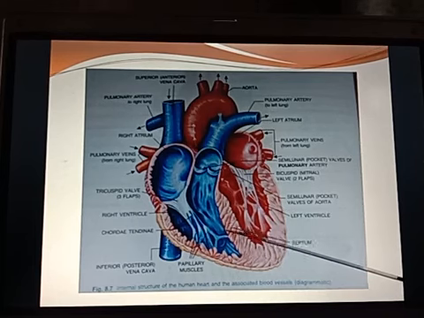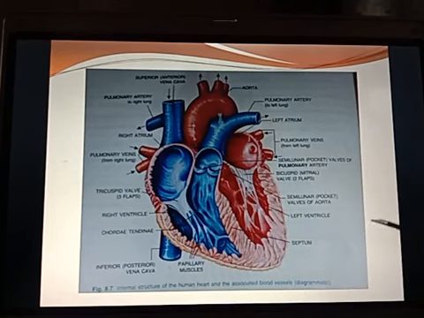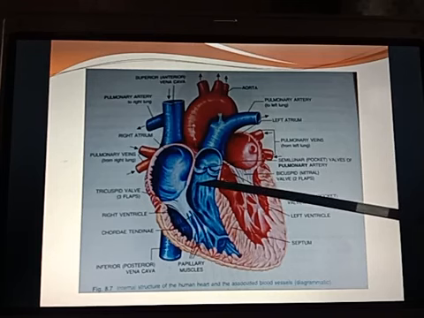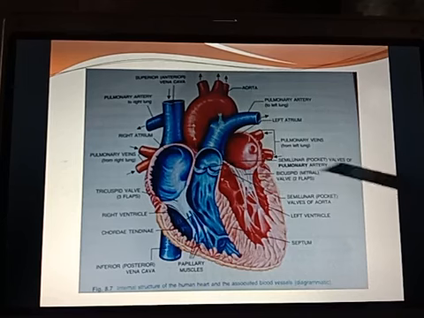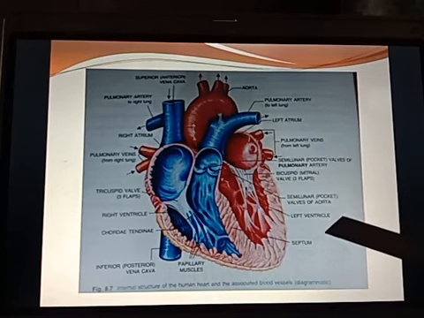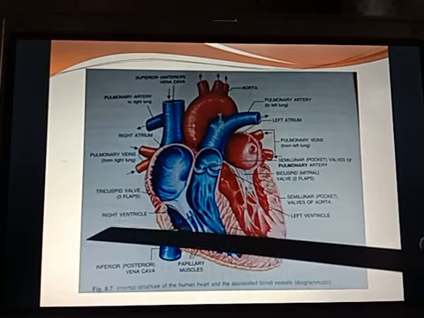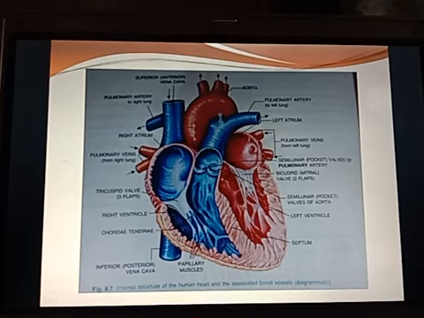You can see the septum is present, and the flow of blood from the auricles to the ventricles does not take place simply. Actually, there are valves present. The basic function of these valves is to prevent the backflow of the blood. You can see the semilunar pockets or semilunar valves of the pulmonary arteries here. Then the bicuspid or mitral valve, whose basic function is also to prevent the backflow of blood. Then you can see the tricuspid valve, where three flaps are present. Then you already know about the right auricle, pulmonary veins and pulmonary artery.